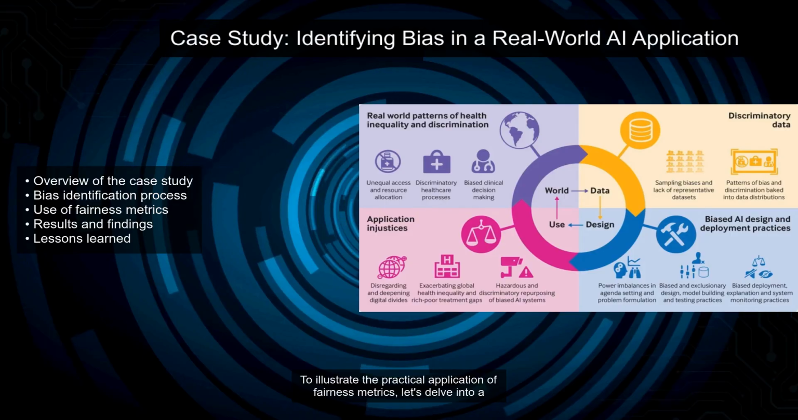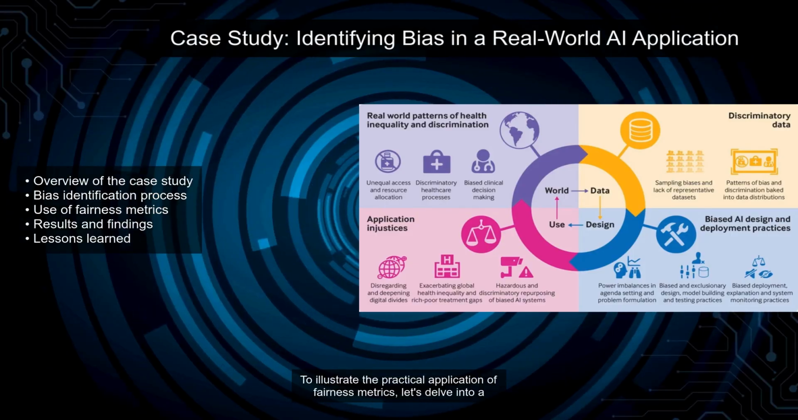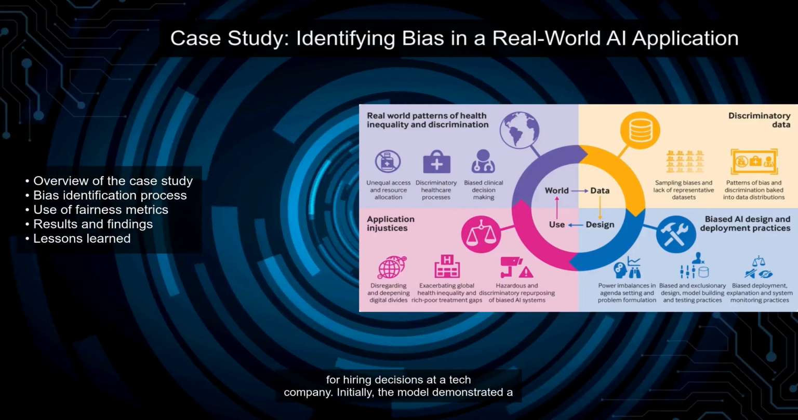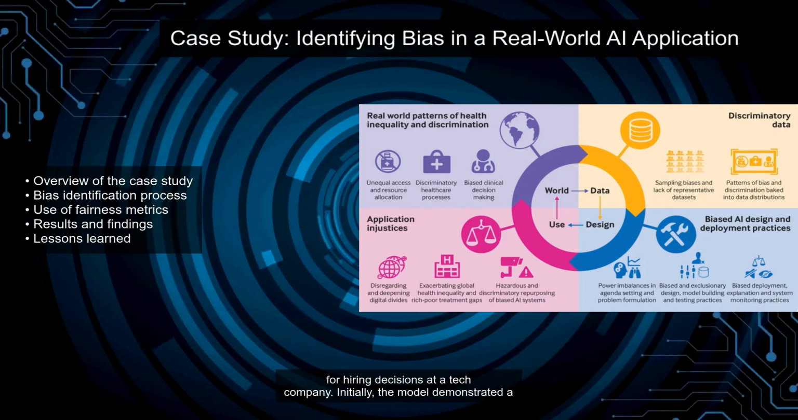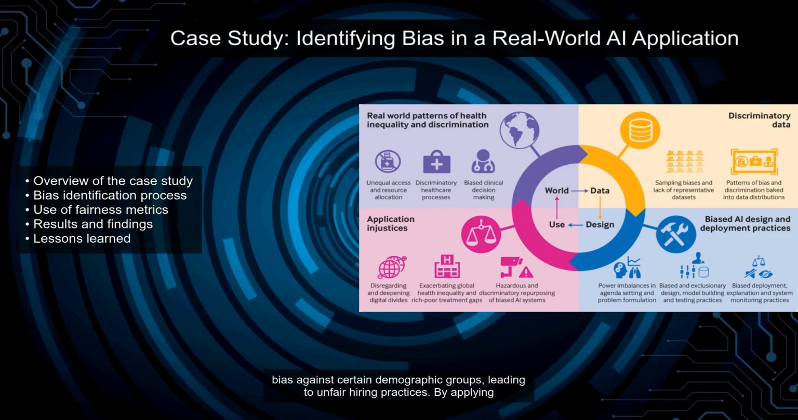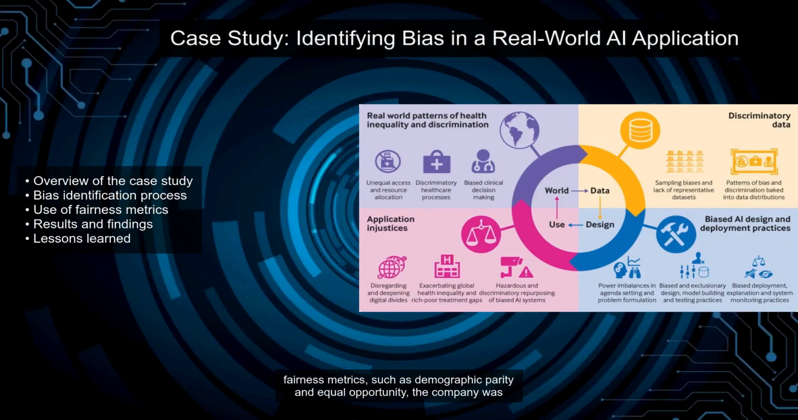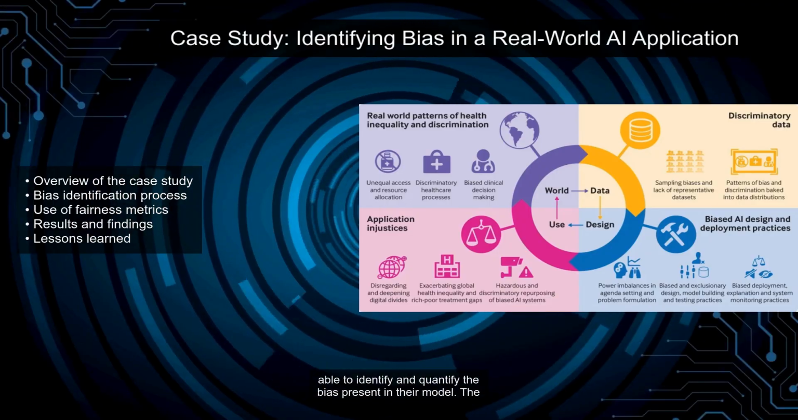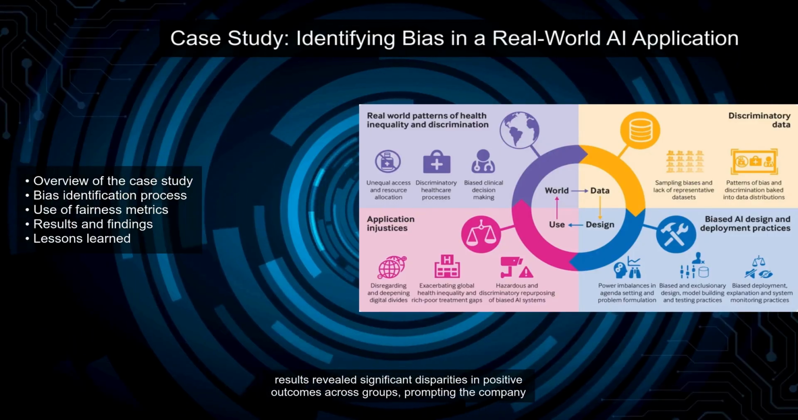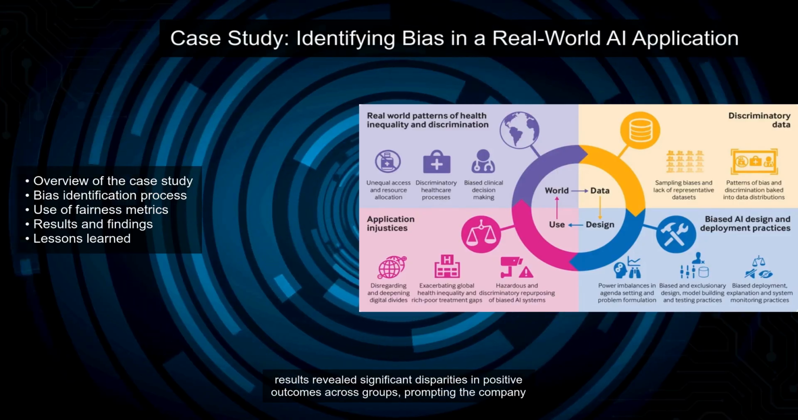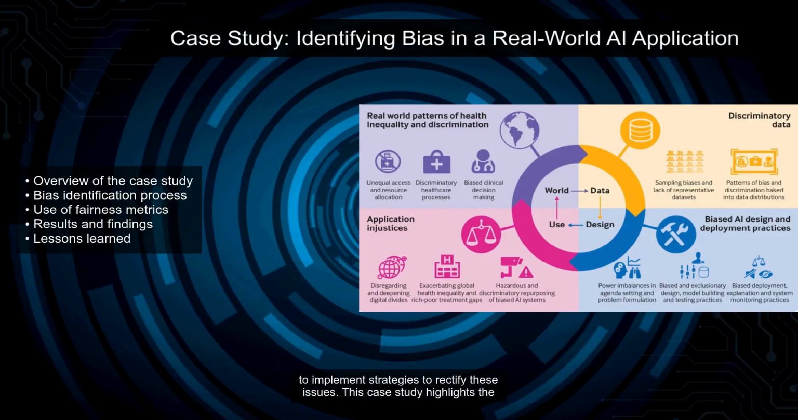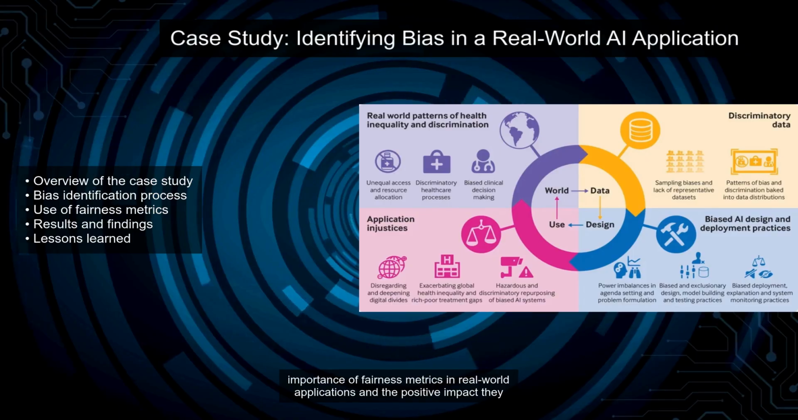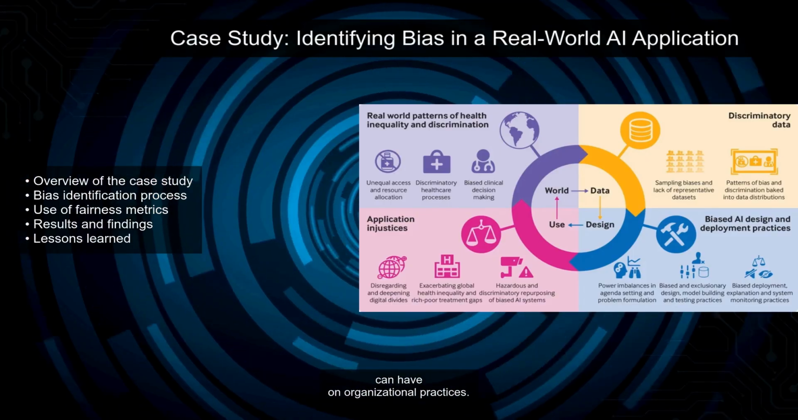fair and ethical. To illustrate the practical application of fairness metrics, let's delve into a real-world case study. In this example, we'll examine an AI system used for hiring decisions at a tech company. Initially, the model demonstrated a bias against certain demographic groups, leading to unfair hiring practices. By applying fairness metrics, such as demographic parity and equal opportunity, the company was able to identify and quantify the bias present in their model. The results revealed significant disparities in positive outcomes across groups, prompting the company to implement strategies to rectify these issues. This case study highlights the importance of fairness metrics in real-world applications and the positive impact they can have on